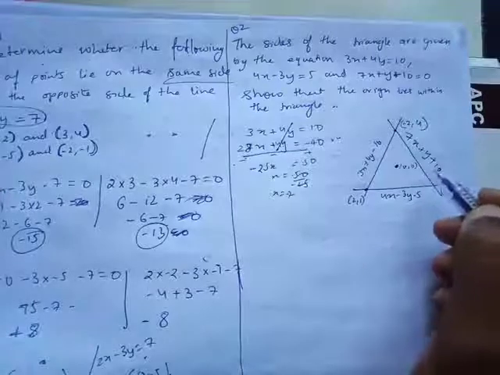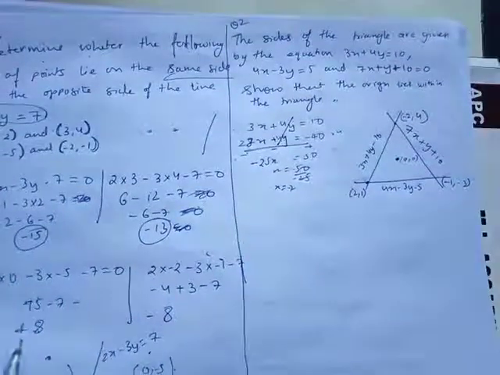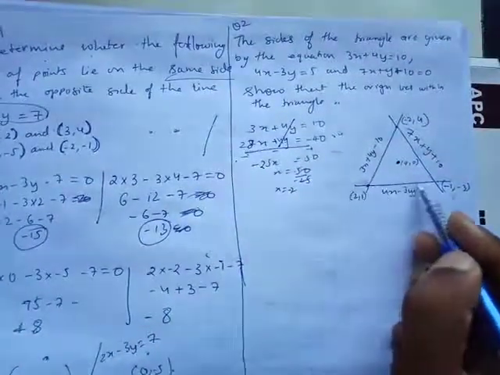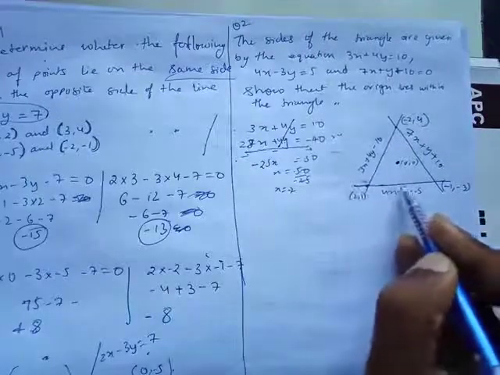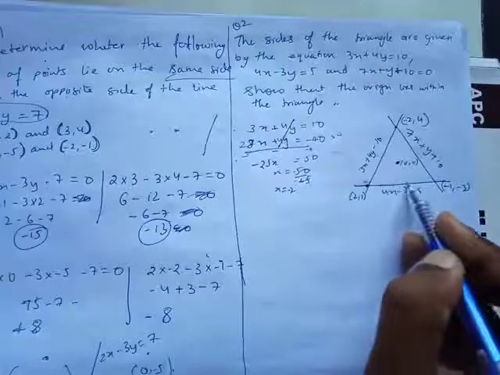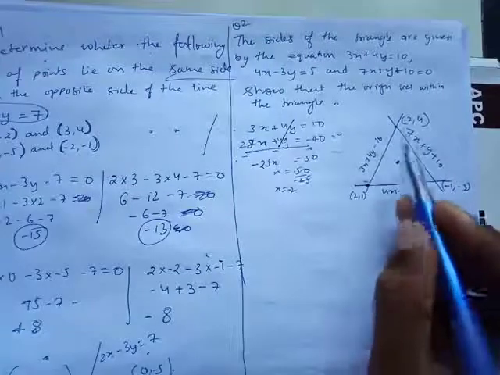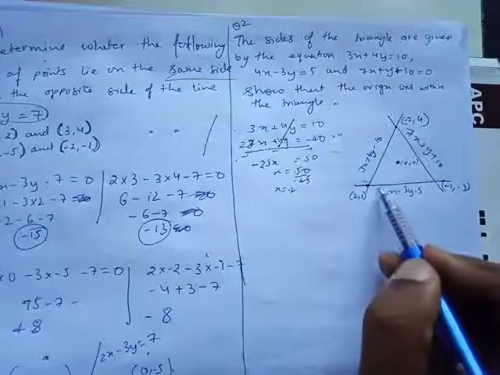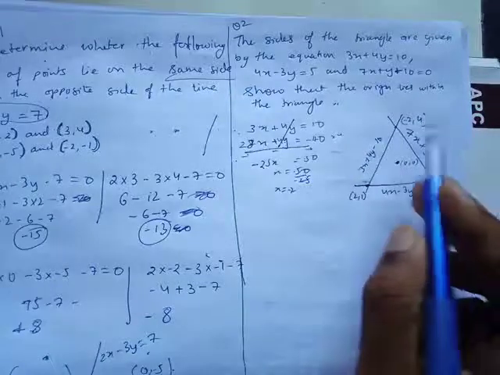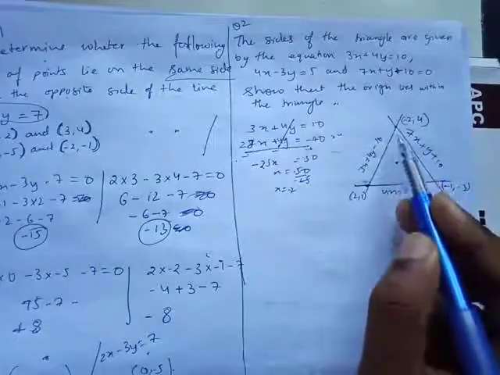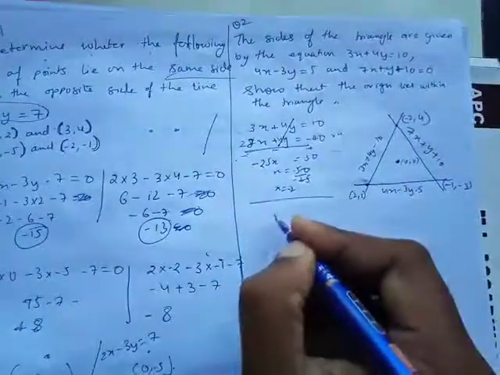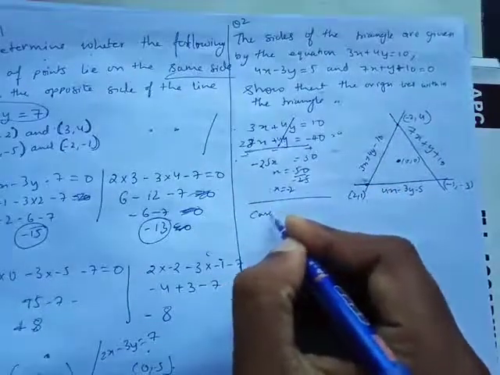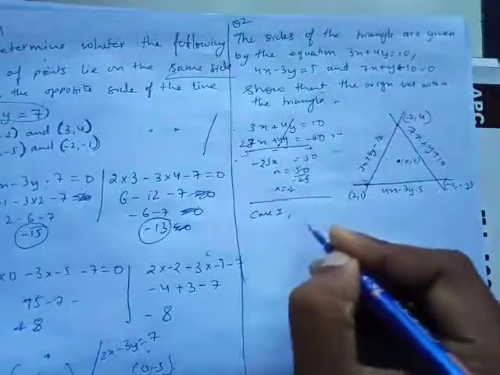So what I'll do, I'll choose one line. I'll choose this line. Okay, and I'll show using this line that there are 2 points that are lying on the same side of the line. So ये line को मैं दिखाऊंगा, ये point और ये point are lying on the same side. Okay, so how I'm going to show, I'm going to show it like this. Case 1,